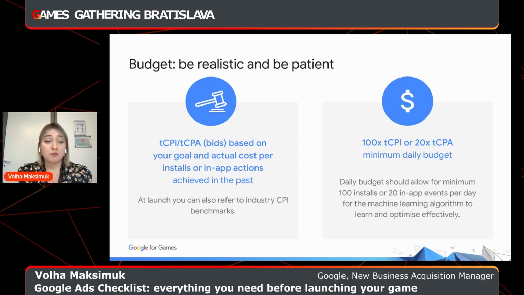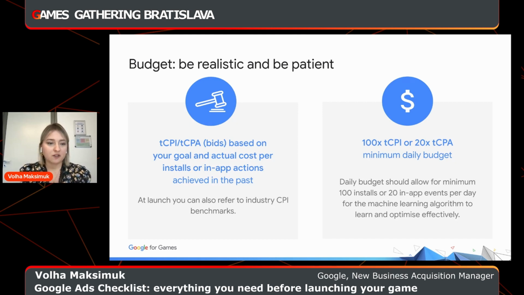And that's when we come to patience. Being patient is crucial because you have to refrain from making any, or at the very least, major changes to your campaign for at least the first full week from the launch, which also means you do not pause the campaigns, you do not restart them, you do not majorly increase or decrease the budgets. Max 20% both ways would be okay, but ideally you do not do even that. And you also do not change creative assets.